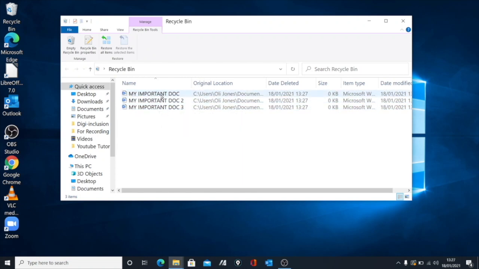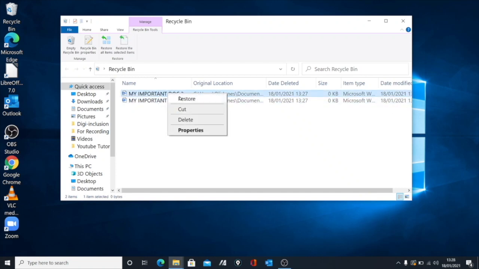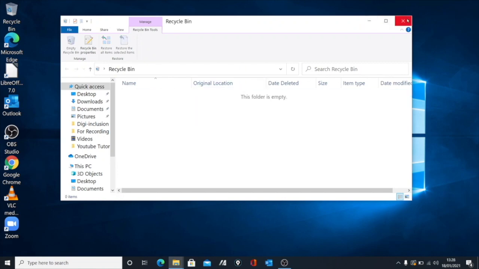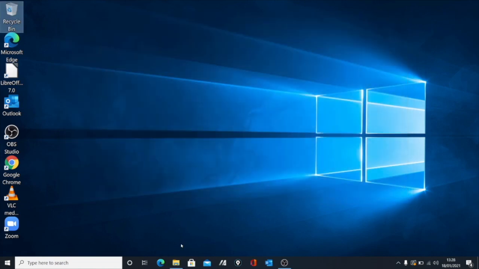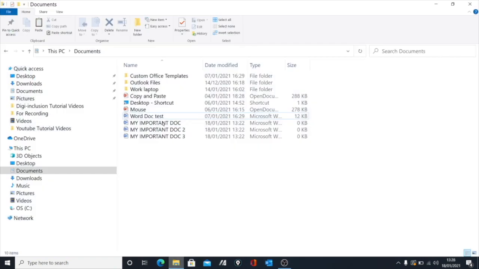So to do that, it's very similar. You hover over the one you want, you right click, and then you click restore, and do the same again, restore, right click, restore. So now if I move back to my first folder where I opened up, you can see they're back. And so that's great. So it's restored them back to where they were meant to be, and that means they won't be deleted anymore. So it means that I've recovered them.